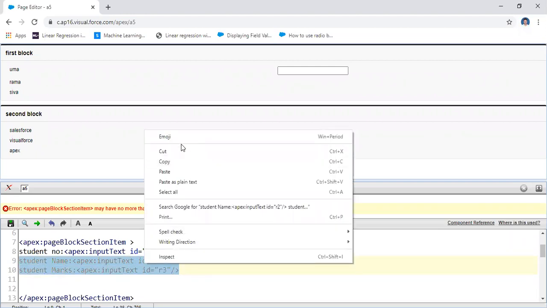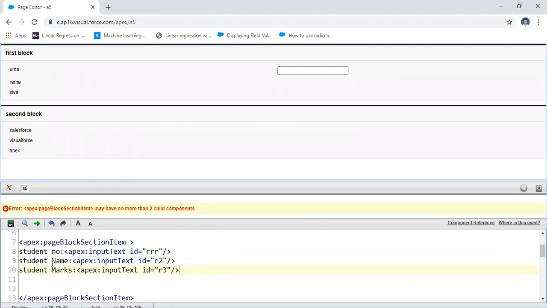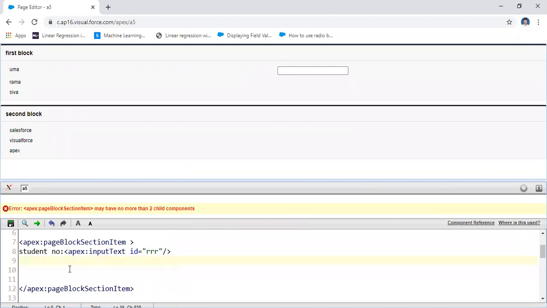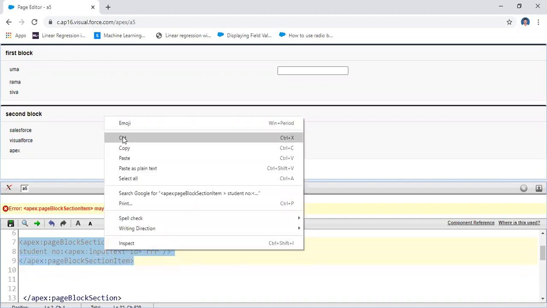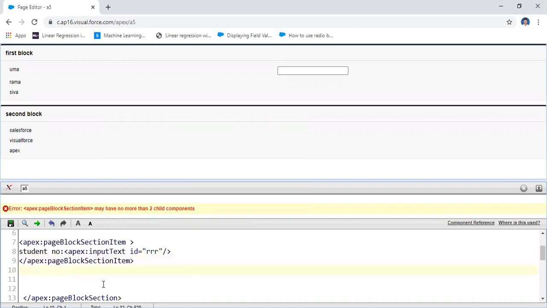That means you may take the next section, cut, and then one component here. After that, the same component you may take. The component value you should take under the item. You will have the student example name, and then id equal to 2.